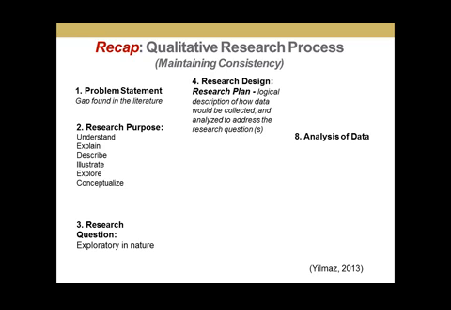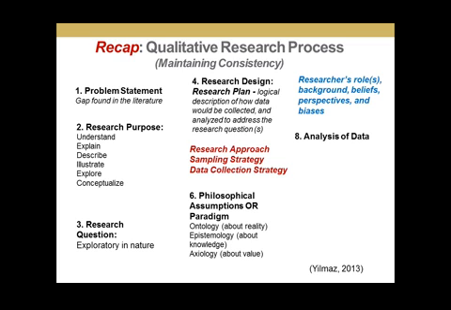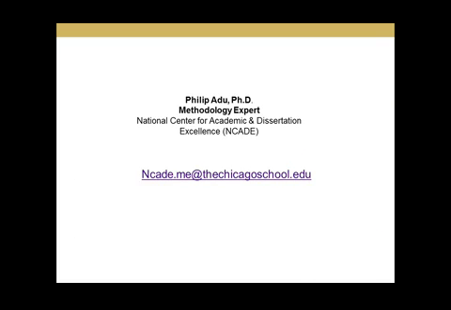So these are the three main things to look at when you want to make sure that your study is quality. Okay, so this is just a recap. I told you in the beginning to always think about the big picture: the problem statement, the purpose, the research question, the research design, your background, the philosophical assumptions, the quality assurance, and the data collection, analysis and presentation of findings. So these are the big picture. So the question is, what is your research plan? What is the big picture of your research?